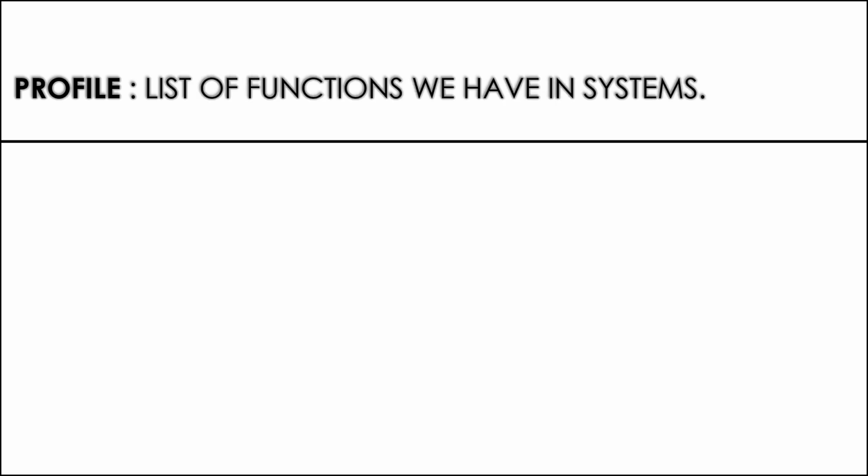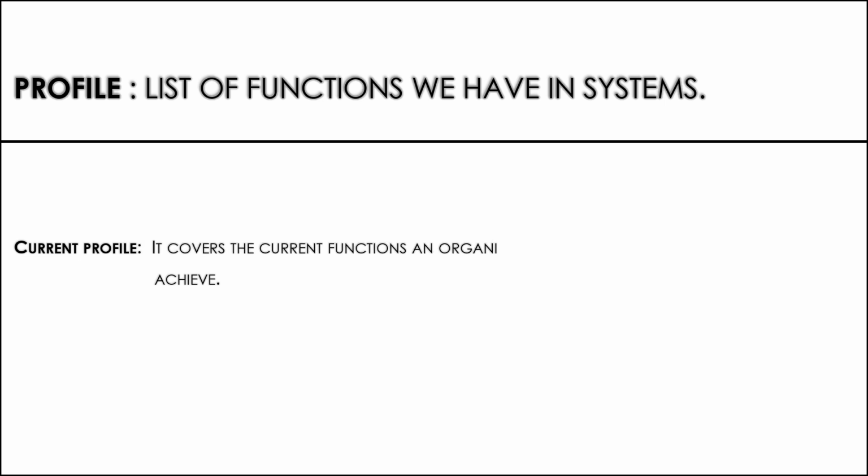Starts with the profile. What does profile mean? A list of functions we have in our organization, or a list of controls, or a list of the good things, or a list of the risk avoidance in our systems is called the profile. So we have multiple kinds of profile, for example, current profile, target profile,